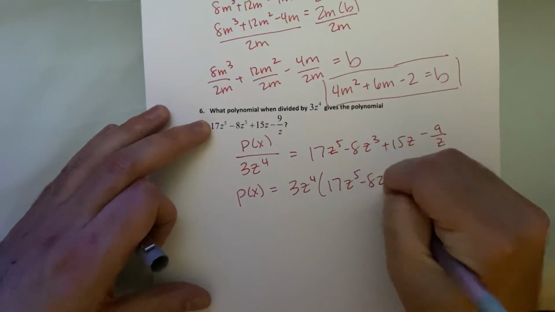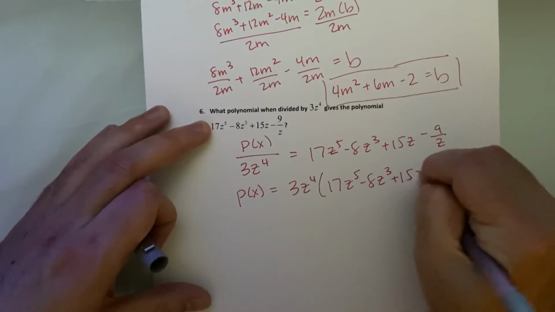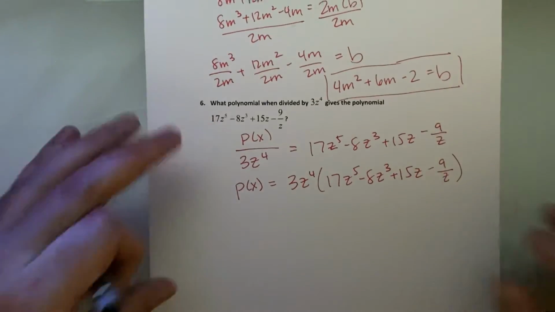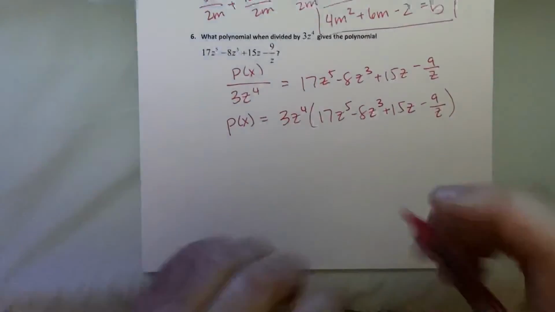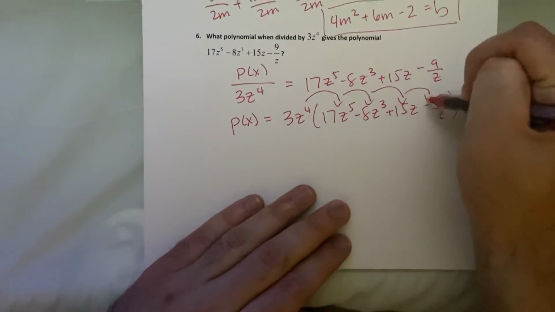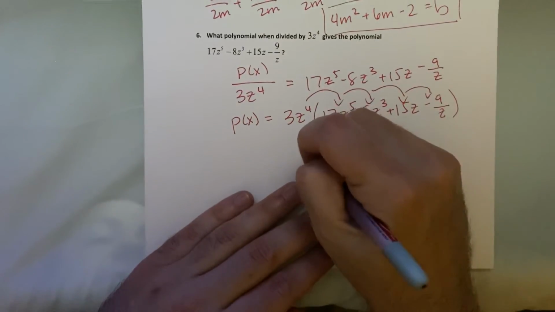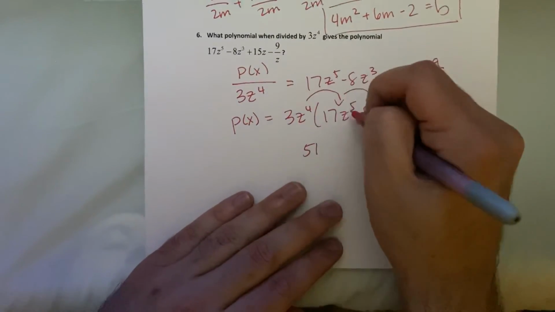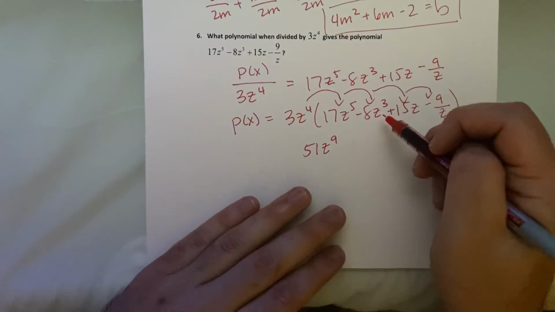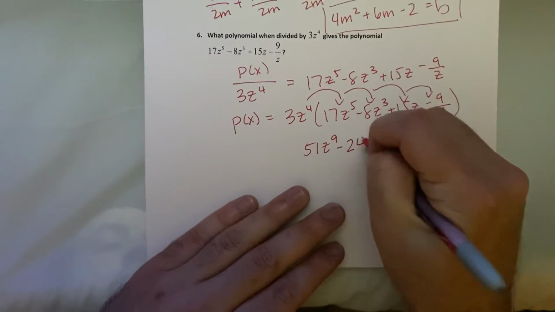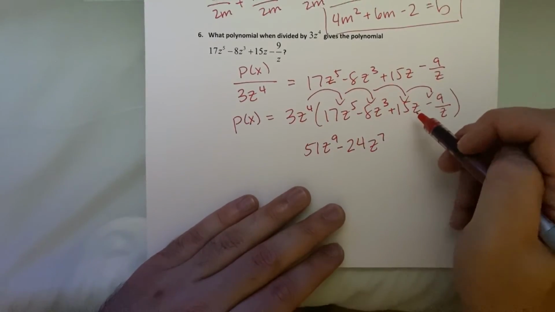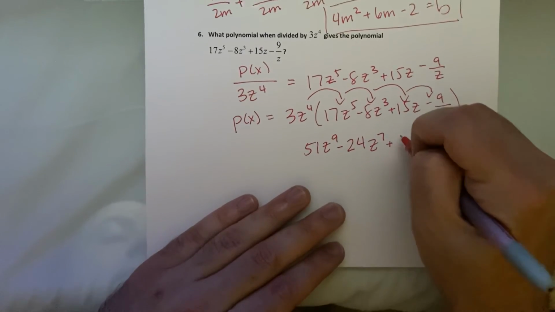So really, this isn't a division problem. It started as division, but really we have to use multiplication to solve it. 3z to the 4th now has to be distributed to every single term. 3 times 17 is 51. Z to the 4th times z to the 5th is z to the 9th. 3z to the 4th times minus 8z cubed, that's negative 24 z to the 7th. 3z to the 4th times 15z is plus 45